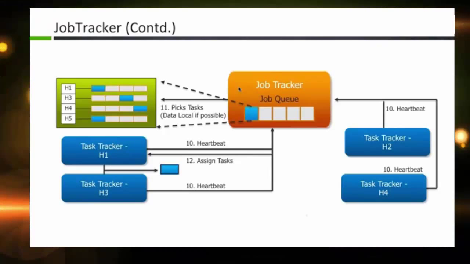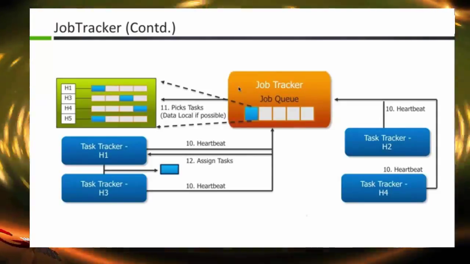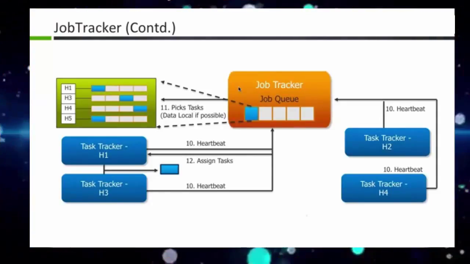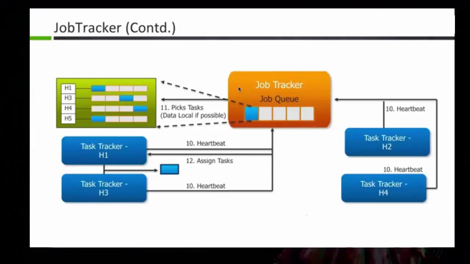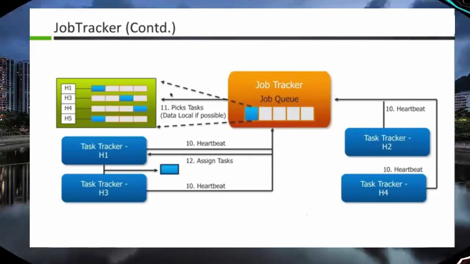Okay, so let's not worry how the input split is done. For now, just assume that the whole data is divided into multiple input splits. On each input split, one map task will be run. Is that clear with everyone, guys? Great. Okay, so let's move ahead and see what happens once the job has been assigned to the task